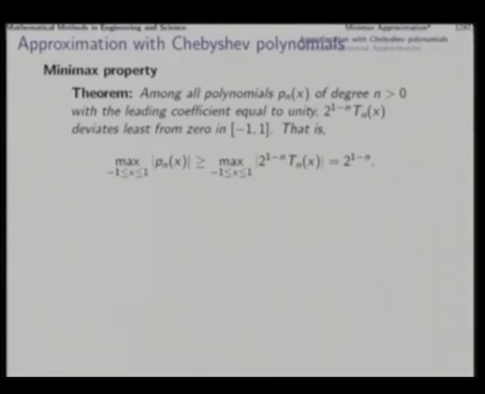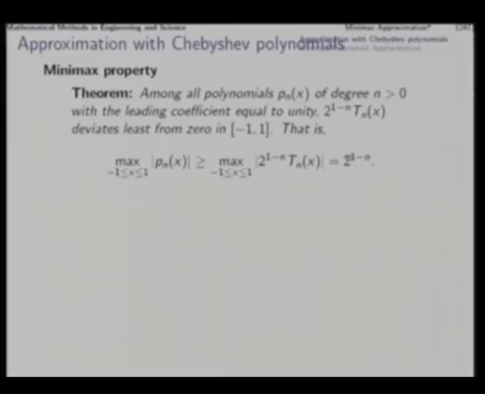So, therefore, the monic version of the nth order Chebyshev polynomial is this, and among all monic polynomials of nth degree, the claim is that this one will have least deviation from 0 over this interval. Mathematically we can say that the maximum over this interval of the absolute value of p n x is always greater than or equal to the corresponding value for this particular function. So, all other polynomials will deviate more from 0 and this will deviate least, and that least deviation turns out